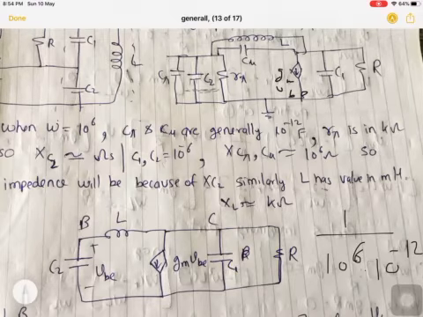Now we will think of C2. What will be C2? C2 is the external capacitor. External capacitors are generally in the range of microfarad, generally 1 microfarad, tens of microfarad. These types of capacitors are used externally. So we calculate XC2, the impedance because of C2. Again, it will be calculated as 1 upon omega C. Omega is 10 to the power 6, C2 is 10 to the power minus 6, so the multiplication of this will become 1. So in general, the impedance provided by C2 will be in the order of ohms.